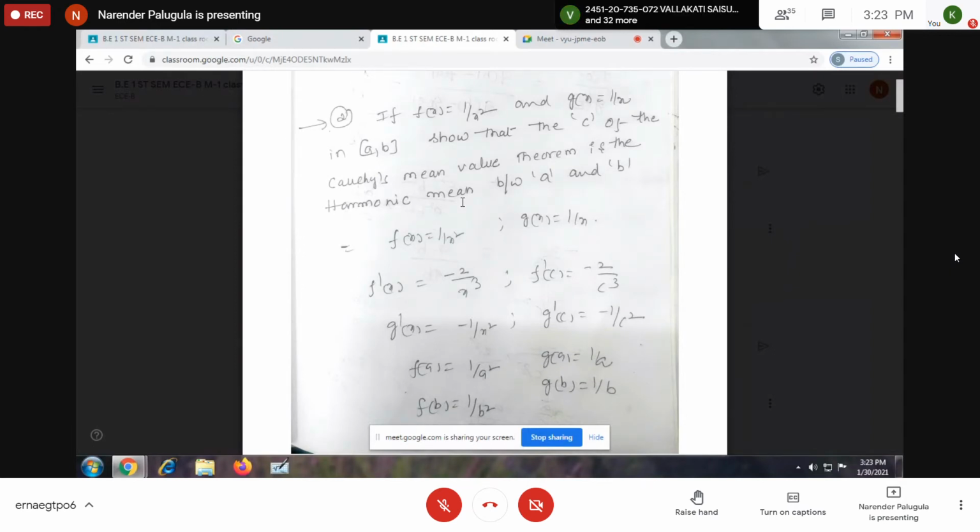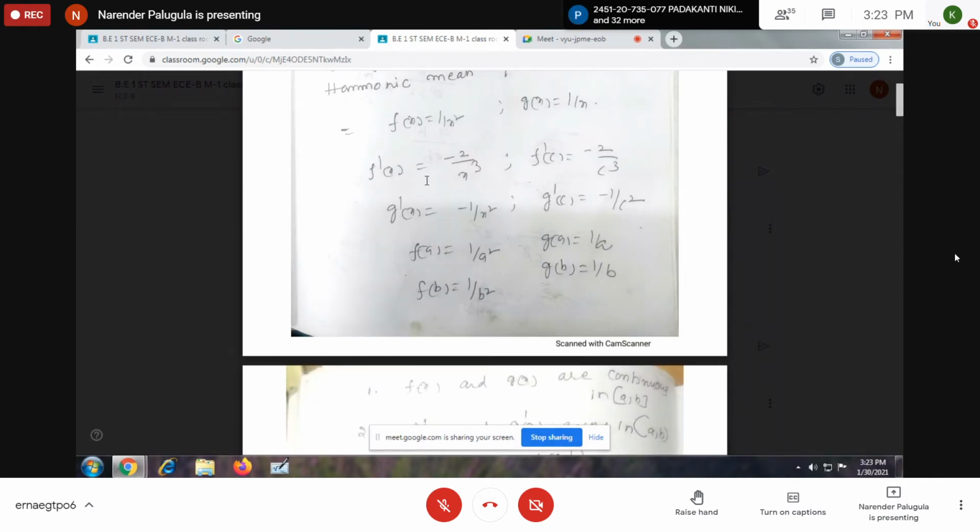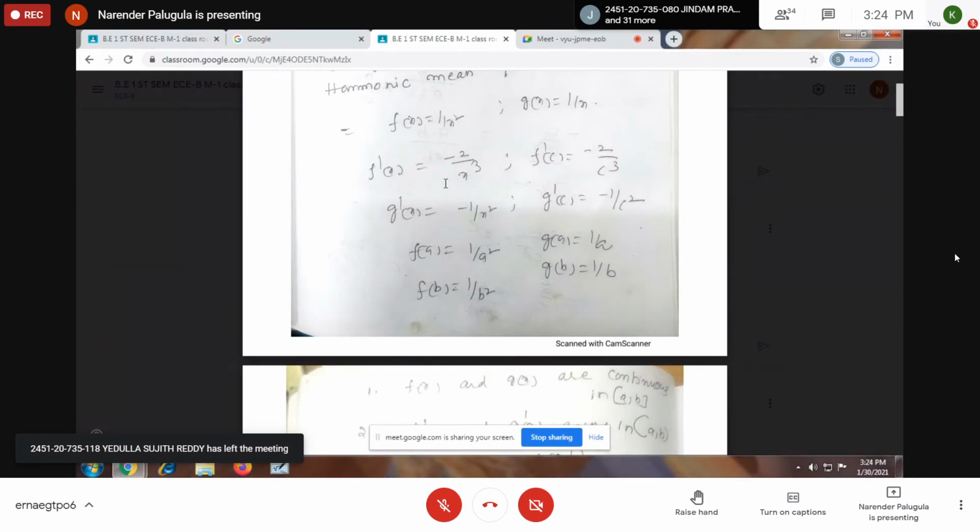But in this problem, it is just a miss in the question, where a, b both are positive numbers. Let us proceed by assuming that. Now f dash x, g dash x definitely will be finite, since there is no zero value between a and b in the interval AB. So f dash x, g dash x both exist. Hence f of x and g of x are differentiable on the interval AB.